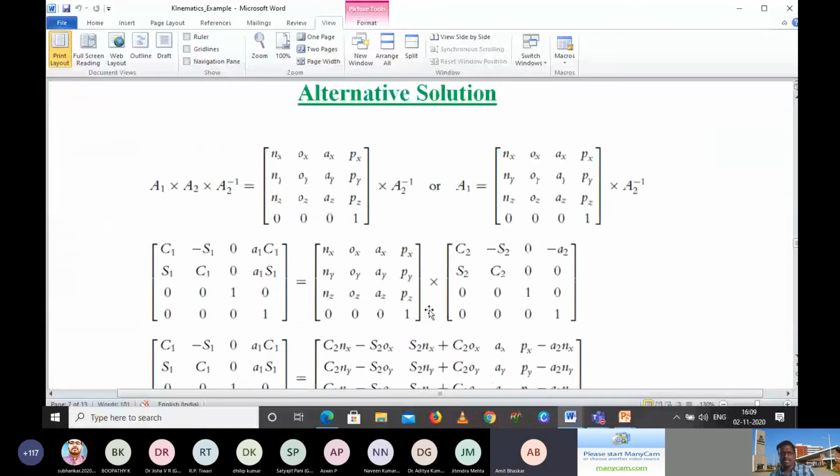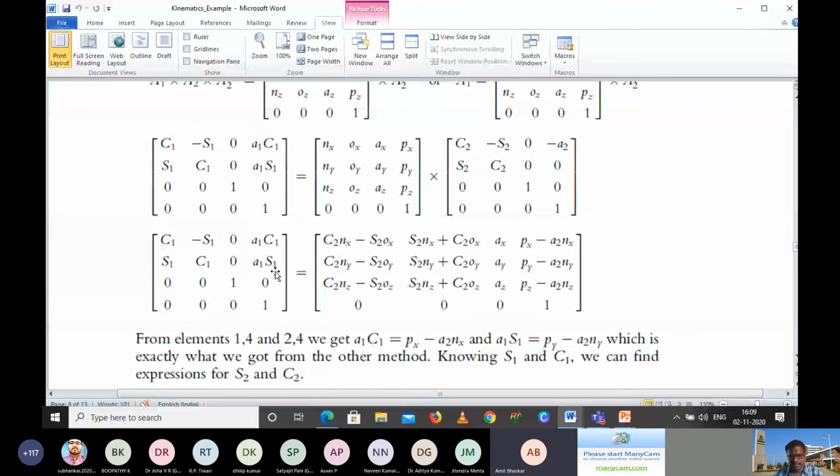Similarly, another method, as I said to our professors: you can bring this side and then multiply it with the inverse matrix, and then you can relate it. There is also another method. Compared to the first method, I think the second method will be easier. I'm not asking you to follow that, but based on my experience of calculating inverse kinematics, this second method is much easier than the first one.